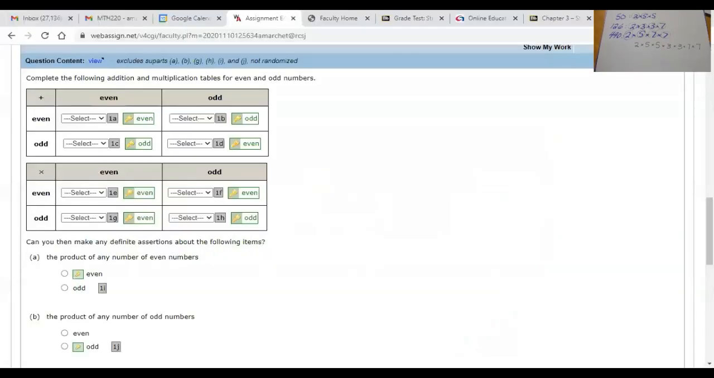This question is in your practice assignment associated with chapter 11, where you're going to be talking about the idea of even and odd numbers. And I want to just talk to you a little bit about how you can interpret what's supposed to be going in here. This is something that we like to call an addition table. And the way an addition table works